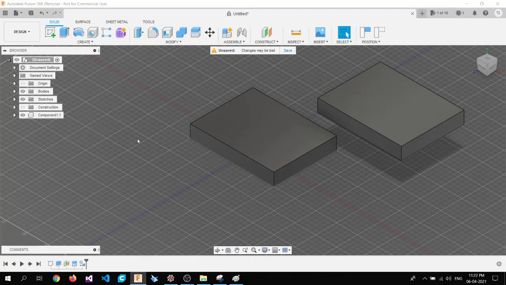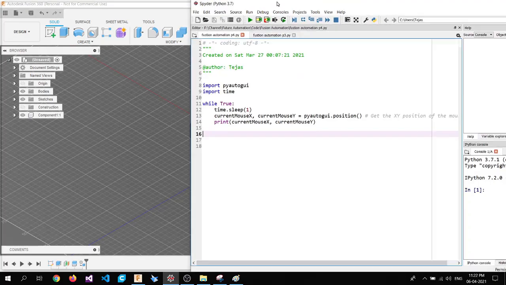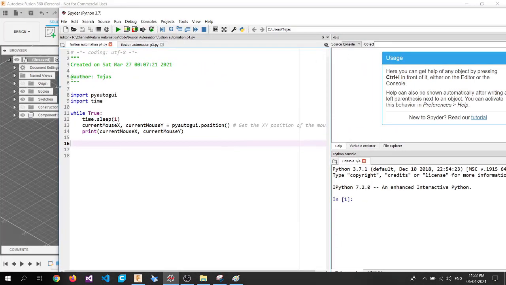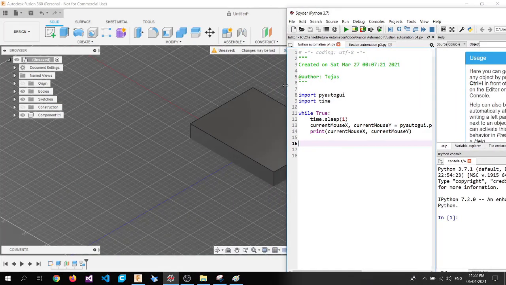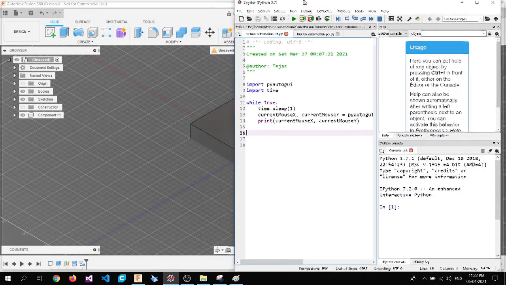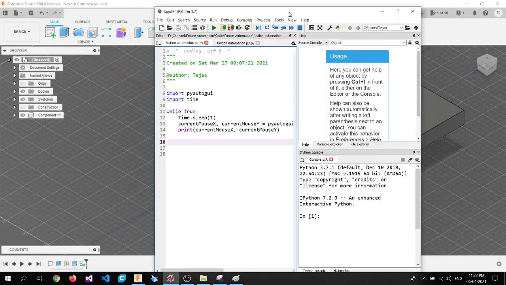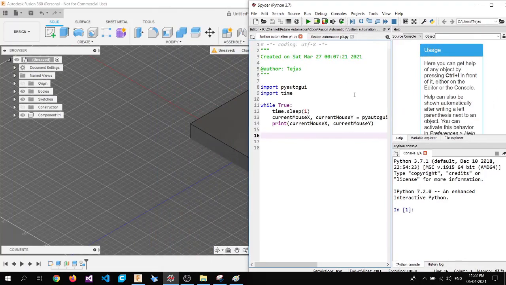Okay, so let's get going. Next, we are going to start with the coding part now. Enough with the explanation. Now, as always, we are going to go with the positioning part, understanding the positioning of the menus, and we are going to note it down. Now I want you guys to take a pen and paper so that you can write down the position of the menu, so that it will come in handy further while coding. So let's start the code.